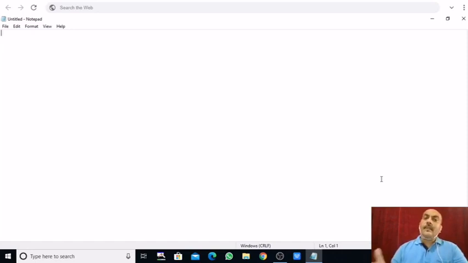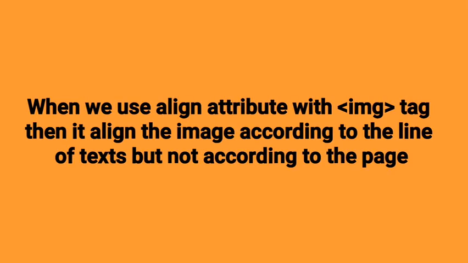So when we want to align an image in a page, we use the align attribute with the IMG tag. But this align attribute will align the image according to the line, right?